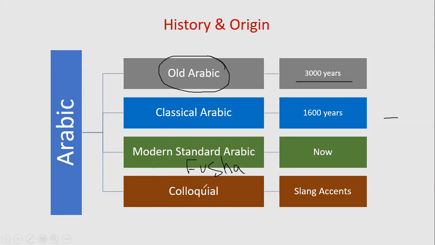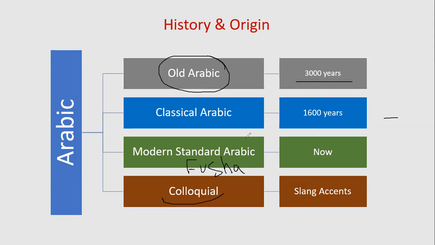And also we have colloquial, which is not a language, but slang. I mean, when we say colloquial, it means the local accent or dialect of each country or city. Okay, because as you may know, any language has a variation of accents. Let's say, for example, English. The London accent is not the same as the Edinburgh accent, or Birmingham accent or York accent. So each city has its own accent. Okay, so this is what I mean here by colloquial.